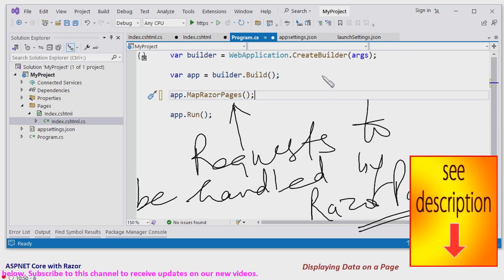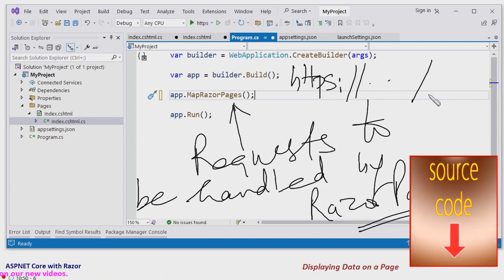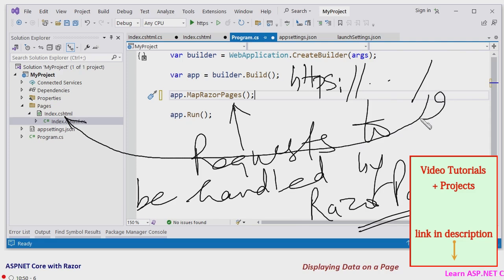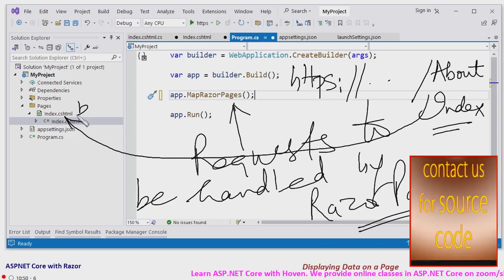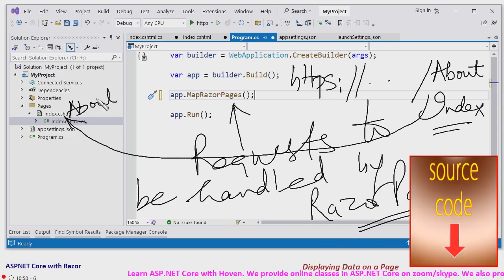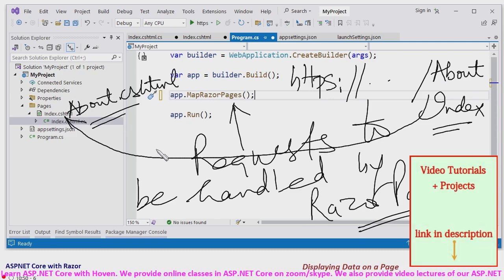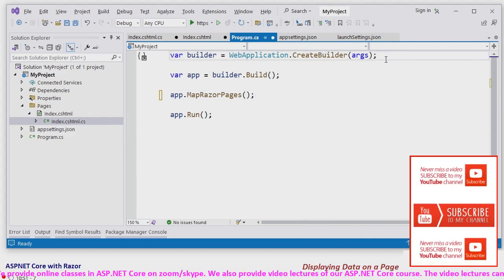For example, if a request is HTTPS and the home page is requested, the request will be processed by index. Index is the default, and in case we have an about route here, then an about.cshtml file will have to be present here. It is that file which will process the request.